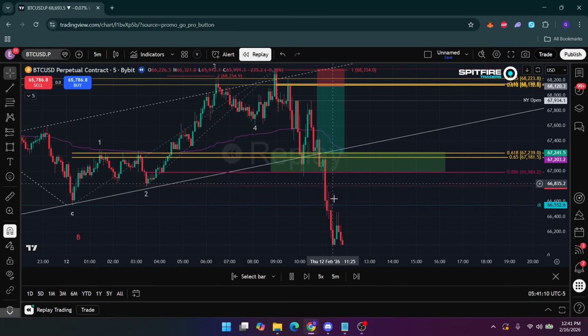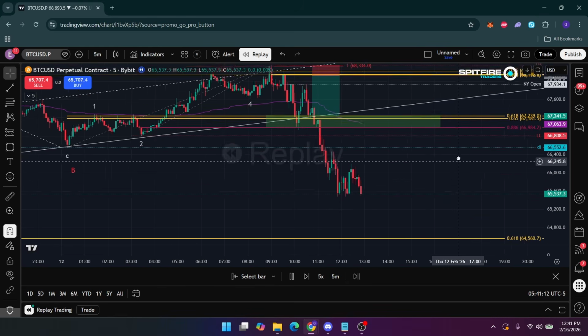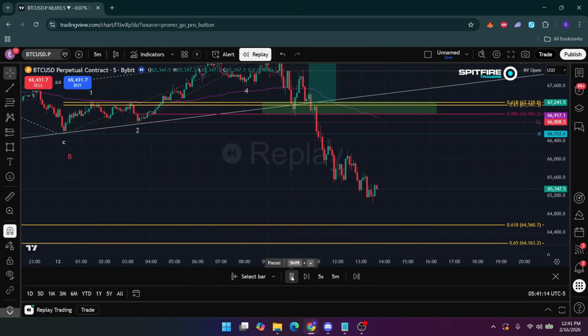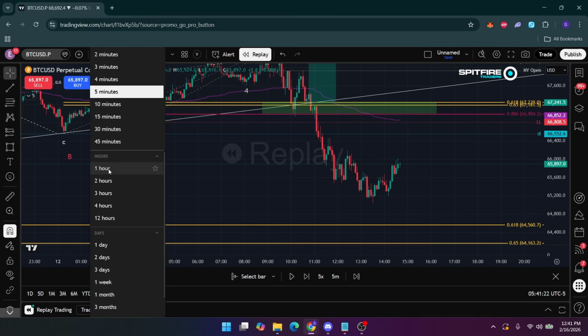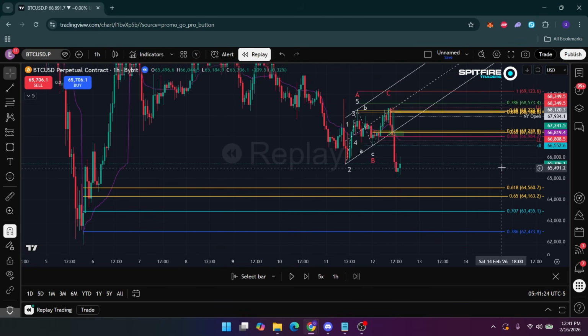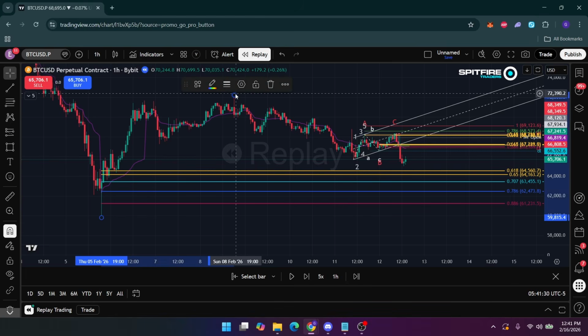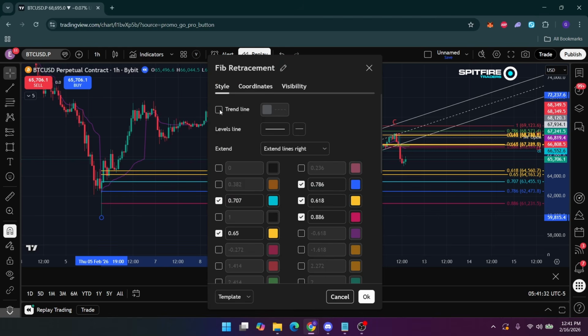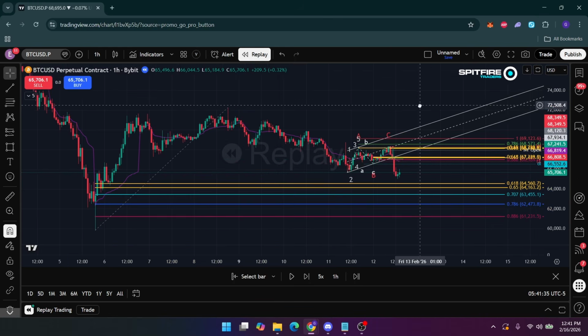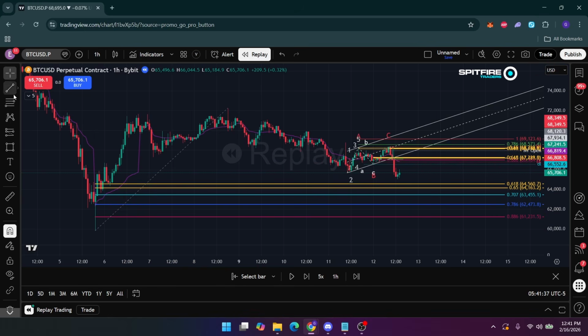Again, price is overlapping from here and she goes all the way down, but again, she front runs our main area of interest for long, which is this golden pocket. Let me show you. It's from the main low we have from the 5th of February to this high, which is the last high. This one still looks like a correction, so